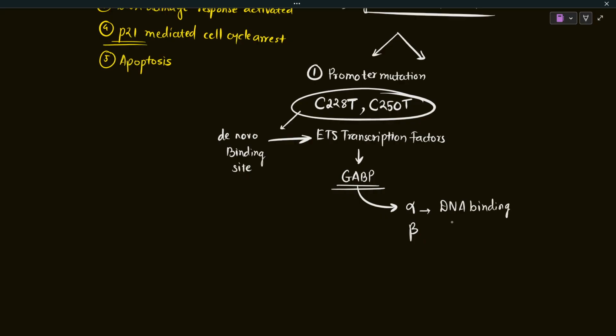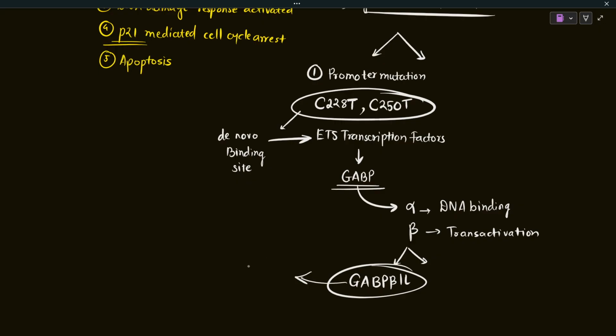Okay, and beta is the transactivation subunit. So alpha is the DNA binding subunit and beta is the transactivation subunit. The beta subunit also has different parts. The GABP beta 1L, this specific subunit, is very important because this is going to do the